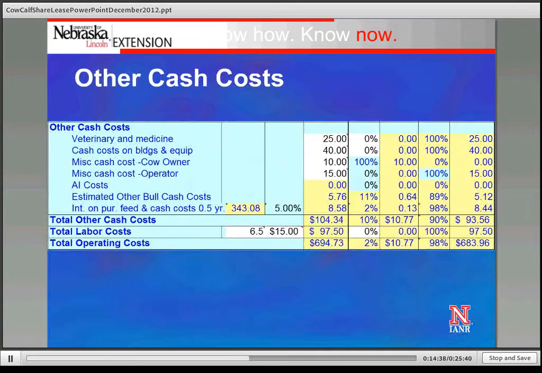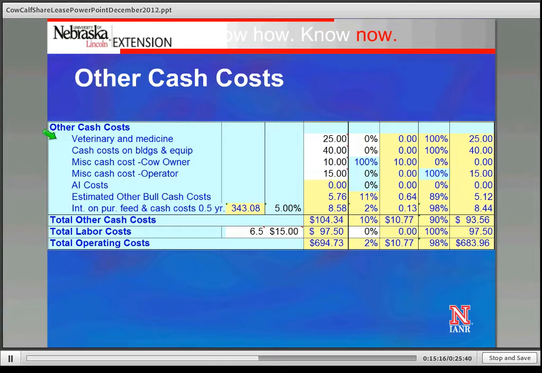After feed costs, we're looking at other cash costs, and these are things like veterinary and medicine expense, cash costs on buildings and equipment. These are things that I showed in this example lease that the operator is providing. Cash costs are things like if you have a pickup, you're going to need to pay for fuel, repairs, maintenance, insurance. Four-wheeler. If you're calving these cows and you're using some buildings to do that, some corrals, there's some expenses for maintenance and repairs and upkeep, and so that needs to be included from the operator